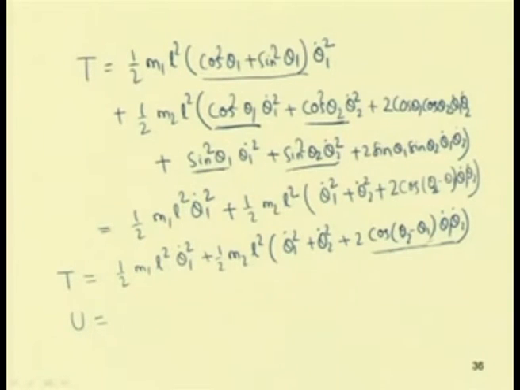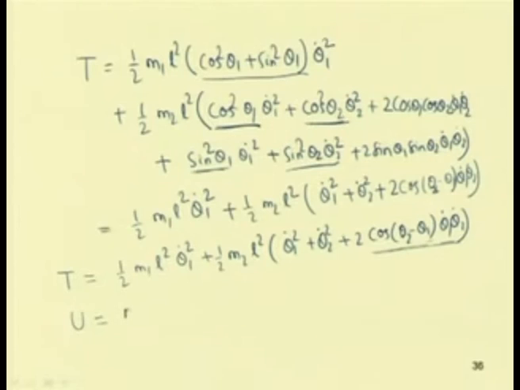So, potential energy of the system can be obtained by adding the potential energy of the first mass and the second mass. Potential energy is due to its position. So, for the first mass, this change in position, we can write the potential energy becomes m1 g into its change in position, which becomes L into 1 minus cos theta 1.